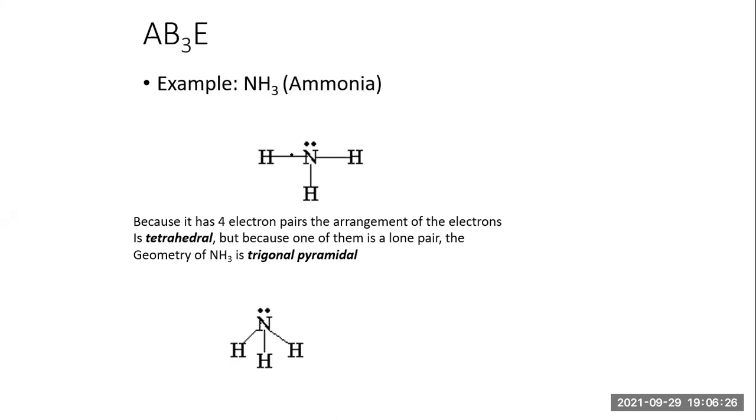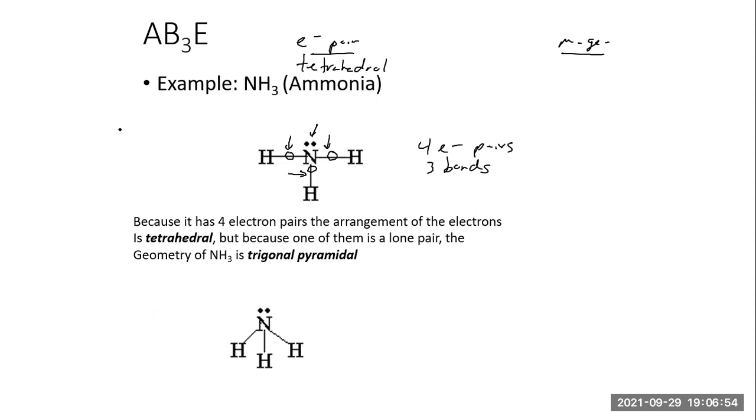So NH3 is an example here. We look at our electron pair geometry and our molecular geometry. If we look at the nitrogen, it has 1, 2, 3, 4 electron pairs. It has only the 1, 2, 3 bonds. Again, 4 electron pairs is the same electron pair geometry, which is tetrahedral. Again, here we have those non-bonding electrons on the nitrogen, and we have those hydrogens, which decide they definitely want to get away from each other. So they end up in a shape